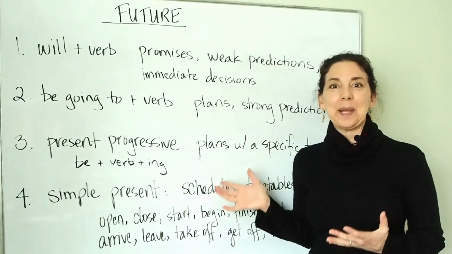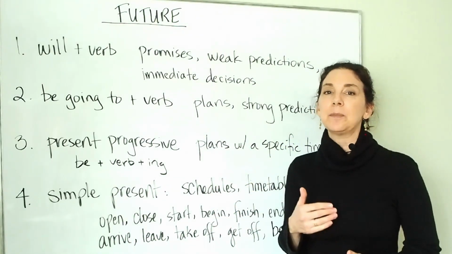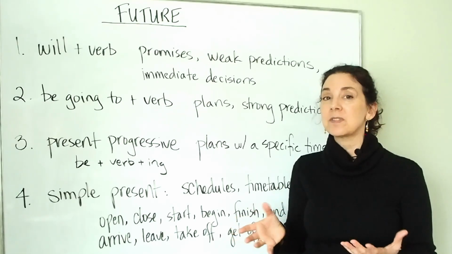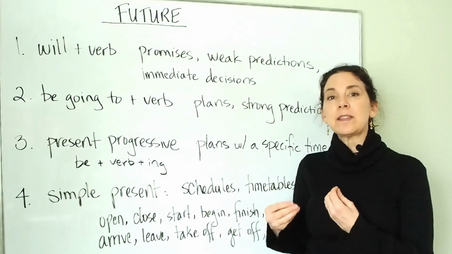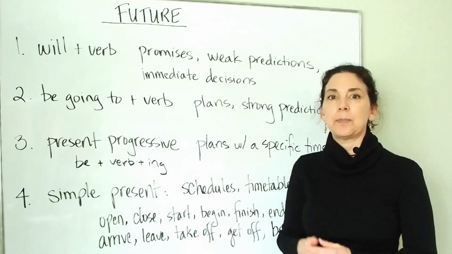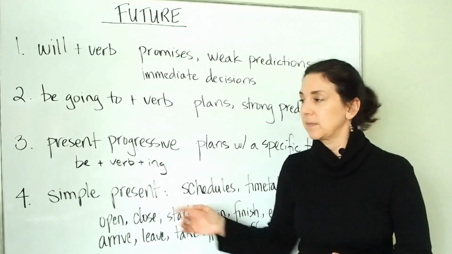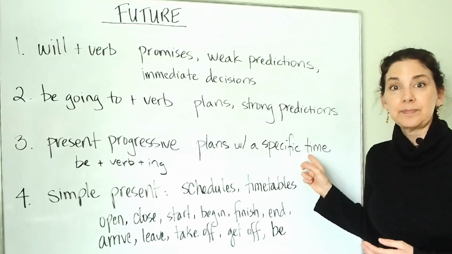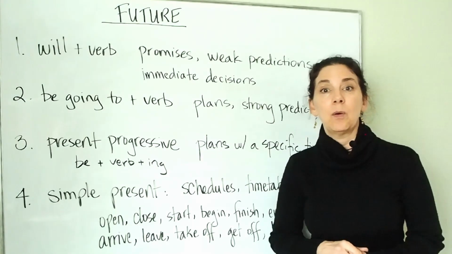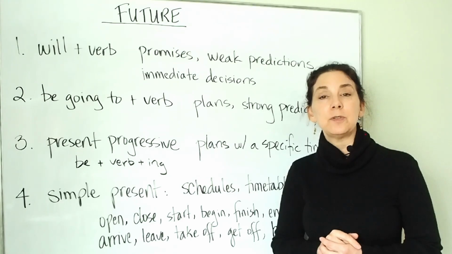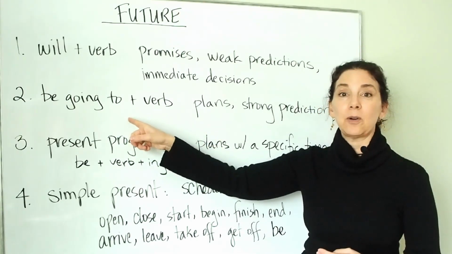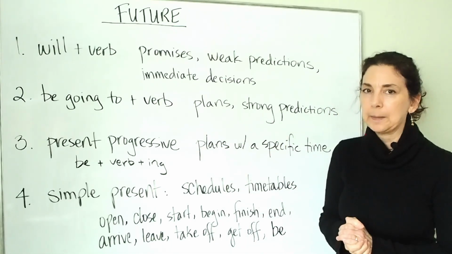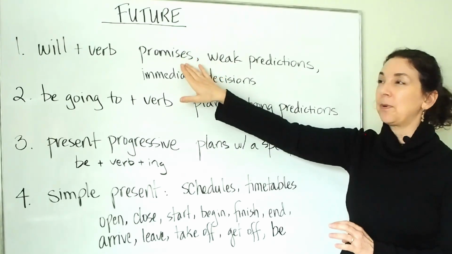So how can you learn and practice these? The best thing to do is to think of some very common examples, and you can get them by getting the link to the handout below that you can use to learn these at home. And then try to think of very common situations. For example, what are you doing tonight? Present progressive, because I'm asking you about your plans at a specific time. Okay? Or what are you going to do in the future? So that one is be going to, because I'm asking you about your plans, but I'm not really talking about a very specific time.